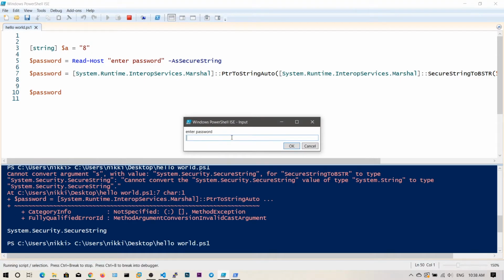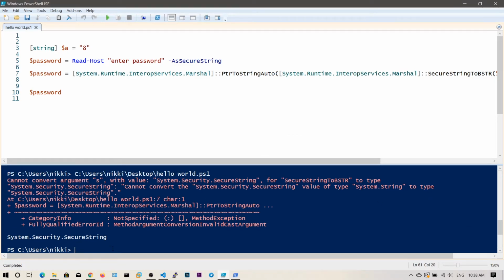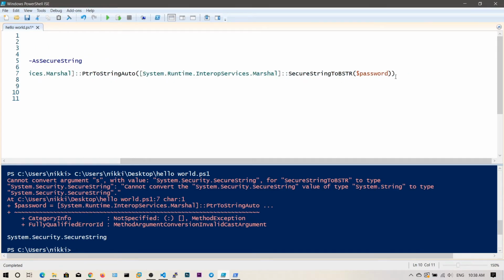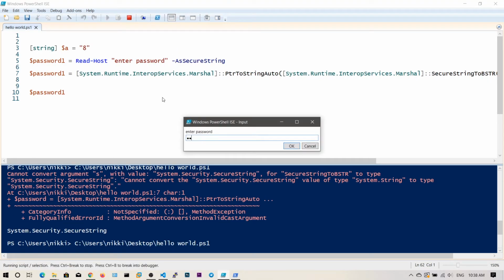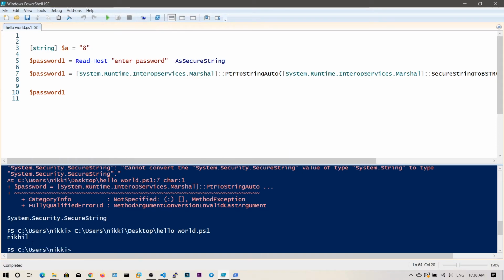We'll be creating this object. Now if you click OK, we need to say password1. Let's go ahead and run this one. Now as you can see, we got the plain text Nikhil. We entered Nikhil, but it was not visible at that time because we used secure string.